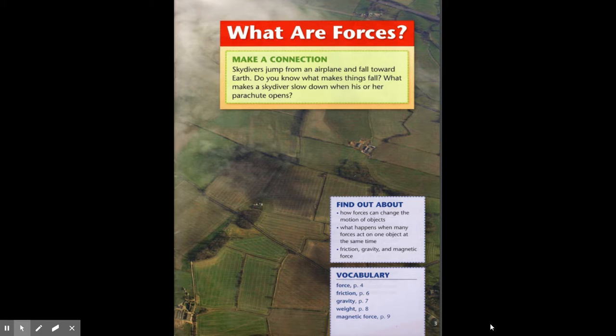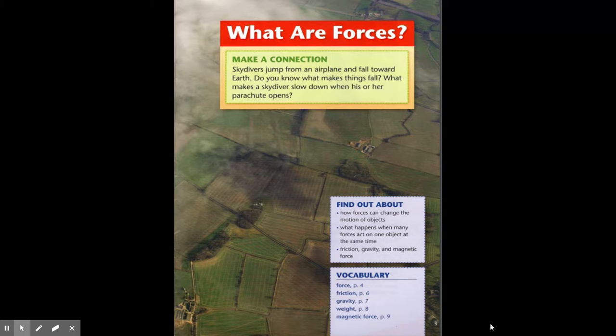What are forces? Make a connection. Skydivers jump from an airplane and fall toward Earth. Do you know what makes things fall? If you said gravity, you were correct. What makes a skydiver slow down when his or her parachute opens? If you said the push of the air and the force of the air on the parachute, you would be